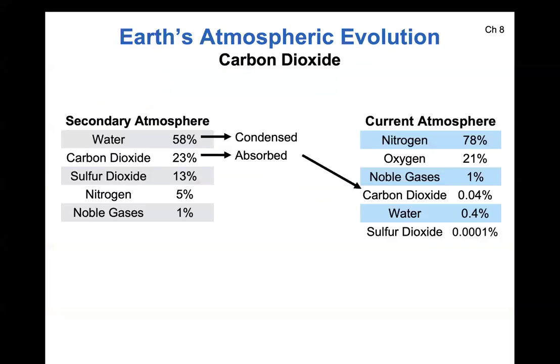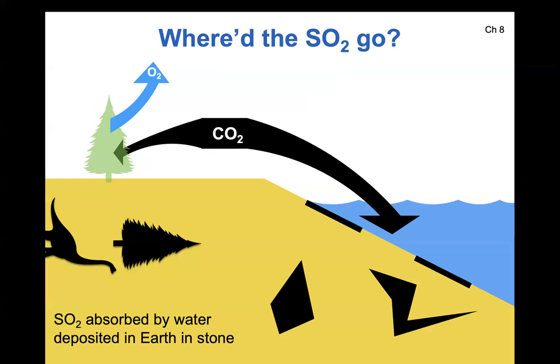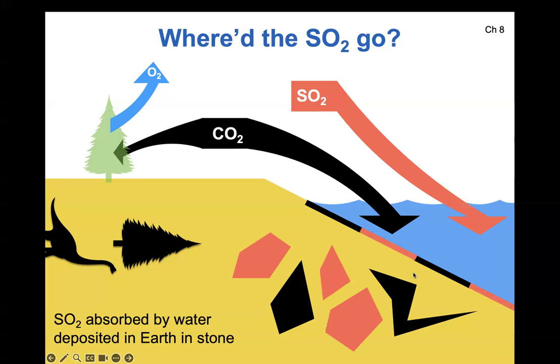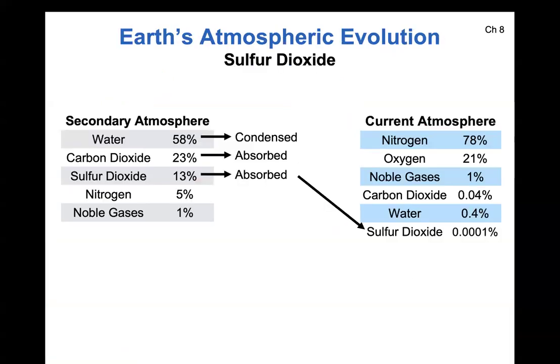And the sulfur dioxide got absorbed by the water and then deposited in stone. So an entirely mineral-based process that is facilitated by liquid water explains the sulfur dioxide disappearing from the atmosphere. Okay, so there we go. Locked up in sediments. Sediments then can get pulled by plate tectonics to different places. So we have absorption of the sulfur dioxide. That's why it went from 13% to just completely gone. Because essentially, liquid water was really good at absorbing sulfur dioxide. It didn't stand a chance.